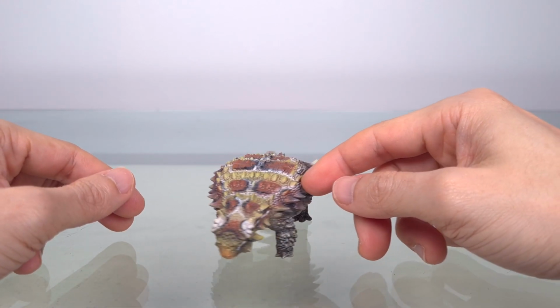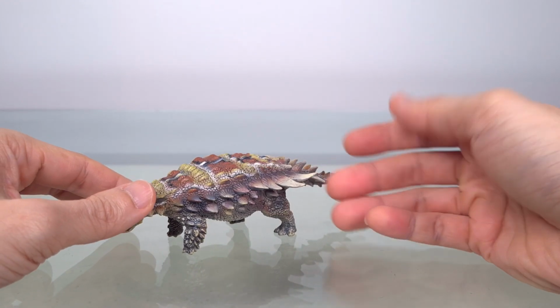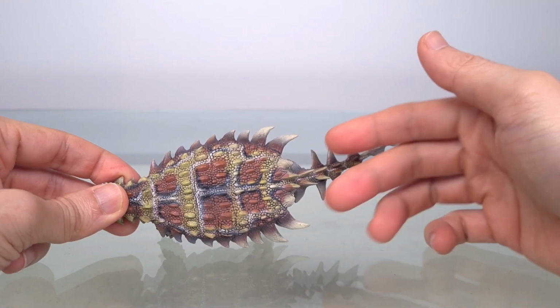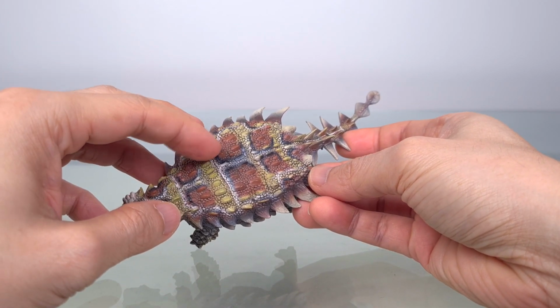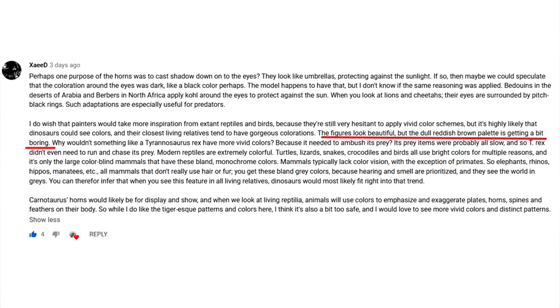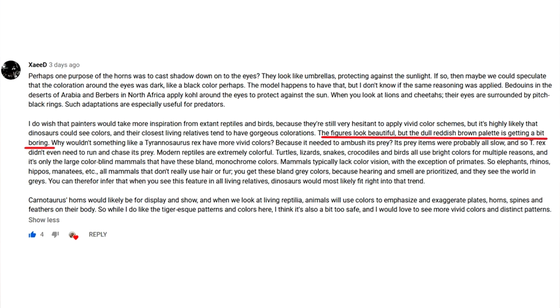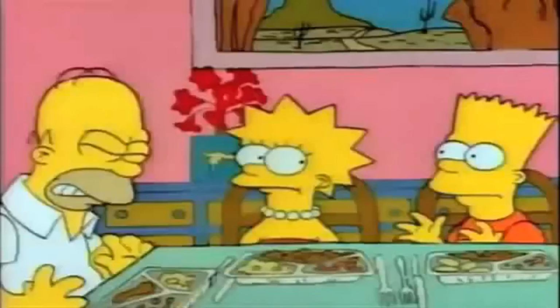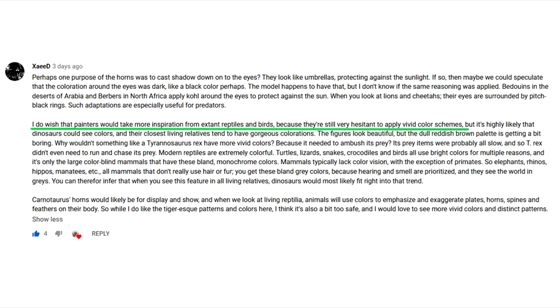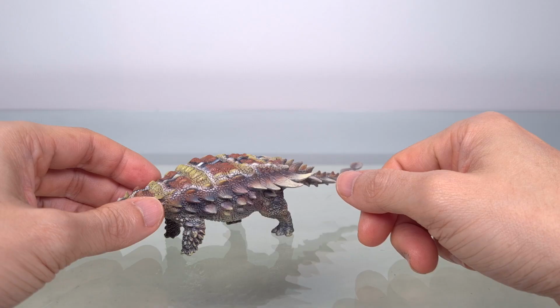The most striking thing is surprisingly not the armor, but the color. Now interestingly, a viewer recently commented that the brown rust red that PNSO seems to favor is starting to get a little bit monotonous. So if you were to hear that this new model also has rust brown, your reflex might very well be... Well, it would seem that PNSO was reading that post too, and very carefully, because fortunately, there's nothing boring about